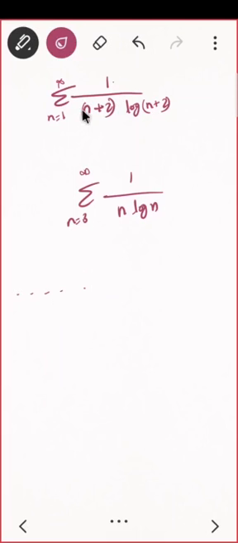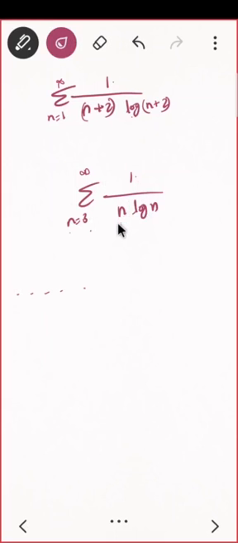Just why I'm doing that: I saw that here also it is log of n plus 2, and here also n plus 2, so I can write this whole summation as 1 upon n log n, n equal to 3 to infinity. And even if I said n equal to 1, it would still work, because the starting two terms make no difference, because they are just numbers, and if it is convergent, it will remain convergent. It mostly depends on the infinity part; the starting numbers don't matter, whatever they are. Okay.